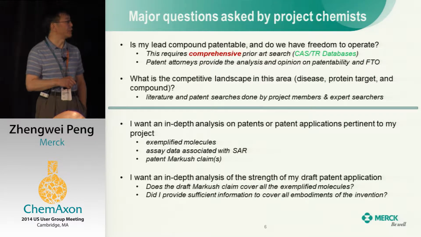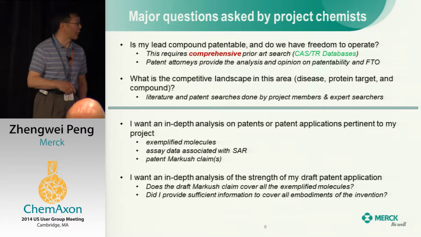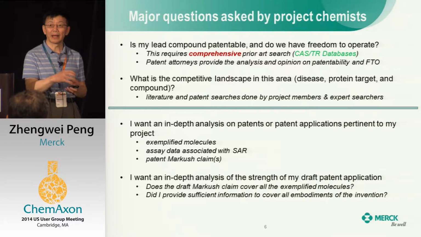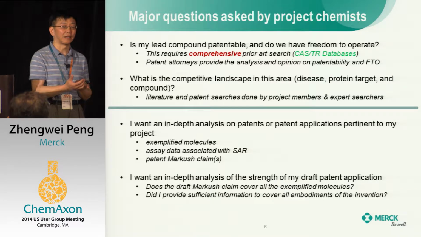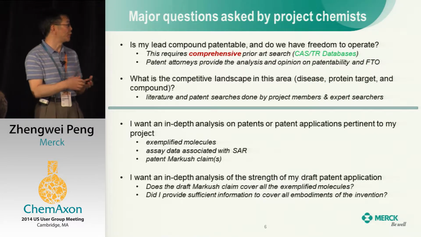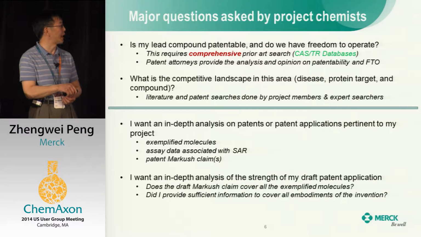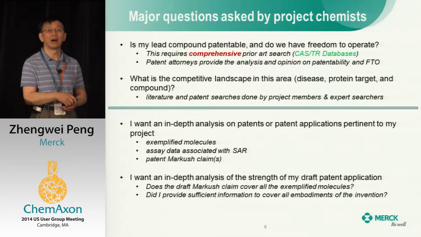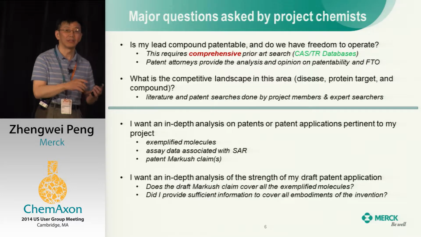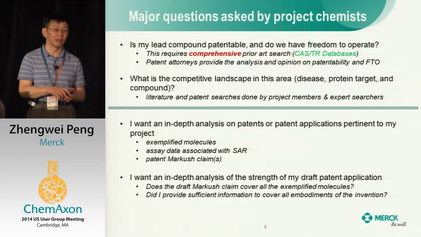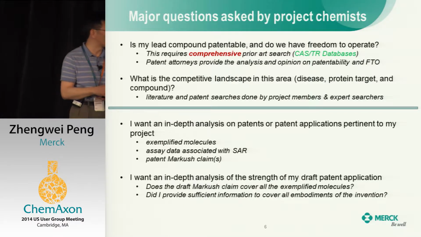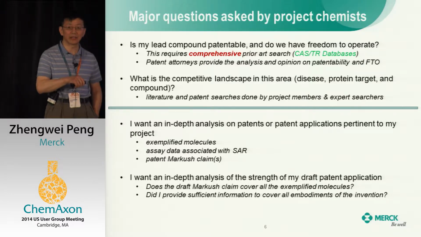So that's the defensive side, understanding other people's patents from their point of view. But there is also the case where a project team is preparing a new patent. They need to draft it, and as the previous speaker mentioned, constantly check the quality of the claim and see whether it is consistent. Essentially, does the Markush claim cover all my example molecules, and is there any hole? So imagine that if the previous example is the Pfizer Viagra patent, and they could have the most up-to-date tool and do an in-depth analysis, they probably would realize there are some holes.